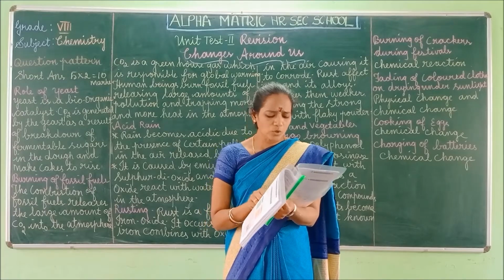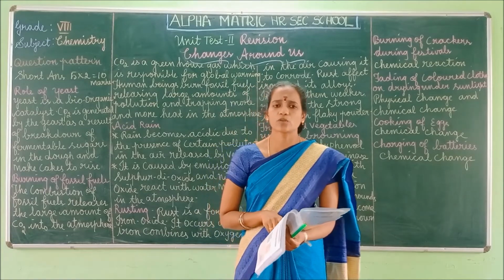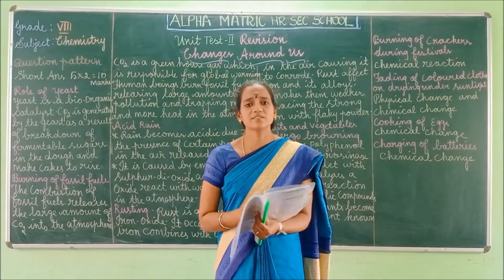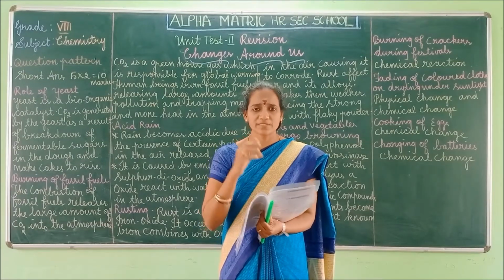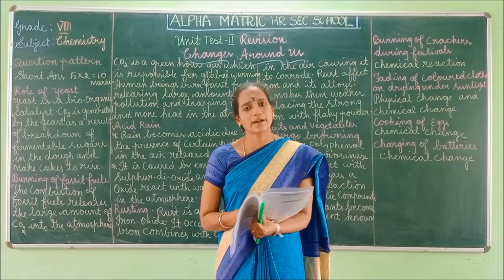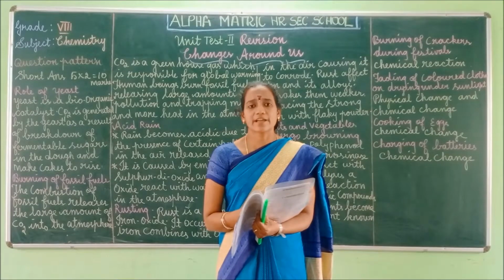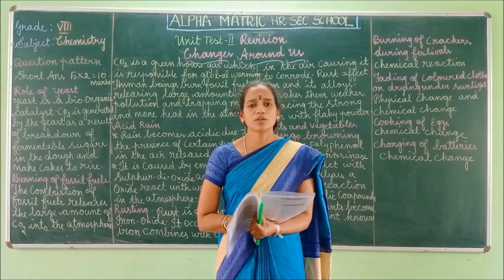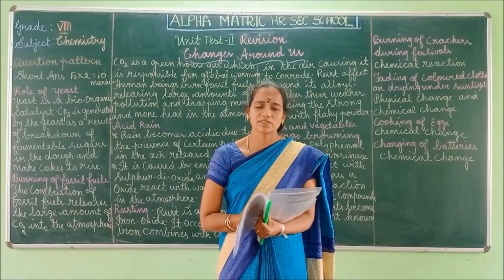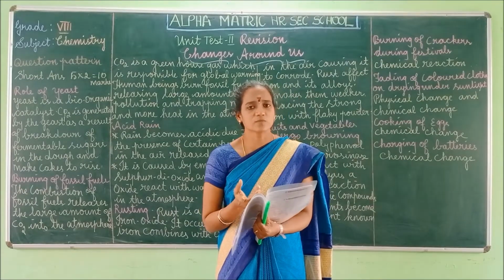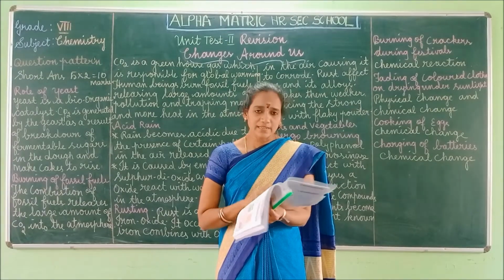Next one, why is photosynthesis a chemical reaction? Photosynthesis you know very well. It is a process in which the light energy from the sun is used by the plants to prepare starch from carbon dioxide and water. Here, sunlight drives the chemical reaction between carbon dioxide and water and ends up in the production of starch. This is nothing but photosynthesis. Photo means light and synthesis means production. Okay.